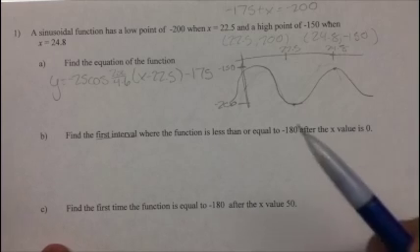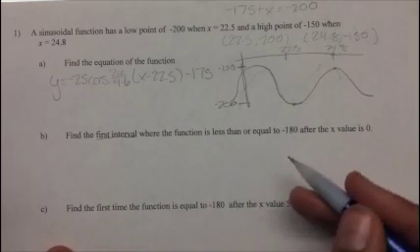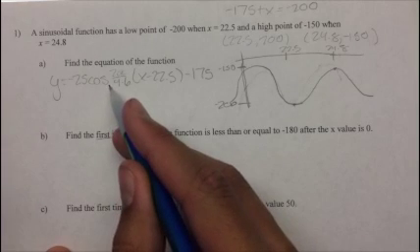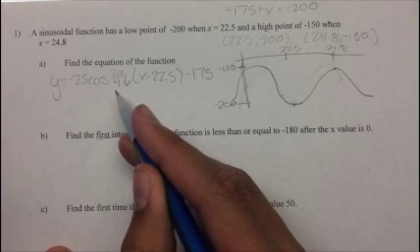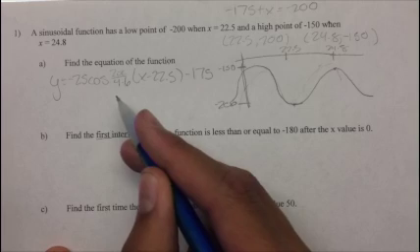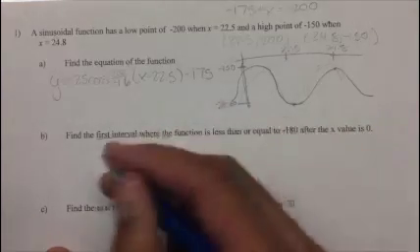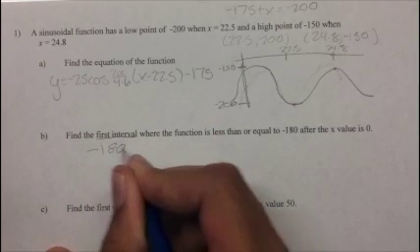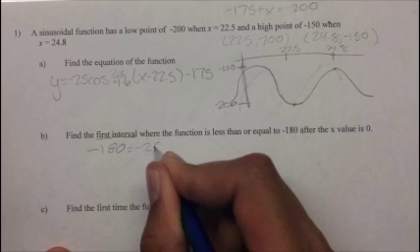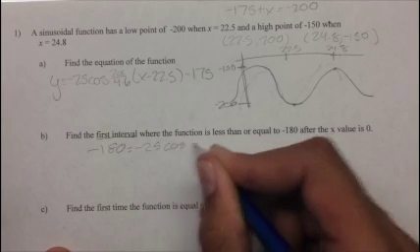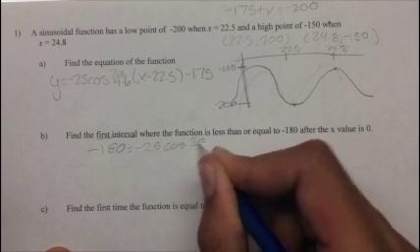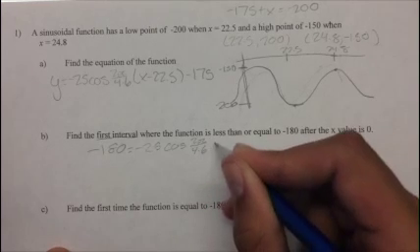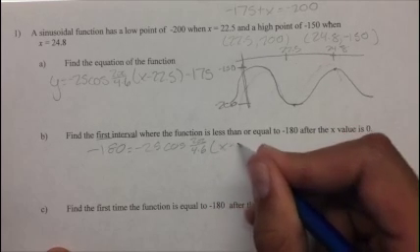So we're going to begin by setting negative 180 equal to our original equation, because we need to find the x values of the y values on the graph of negative 180. So negative 180 is equal to negative 25 cosine 2 pi over 4.6, open parenthesis, x minus 22.5,